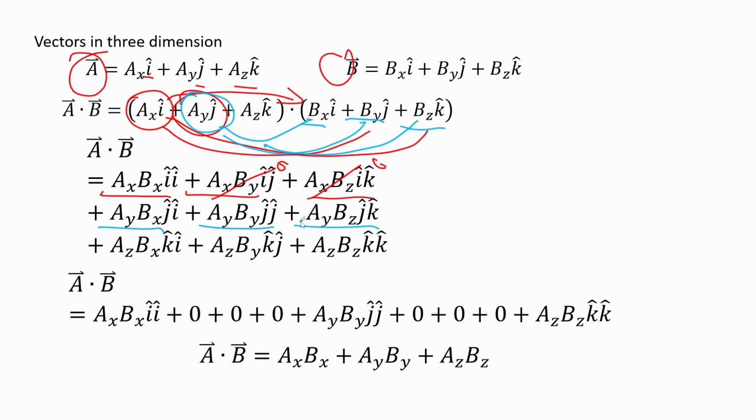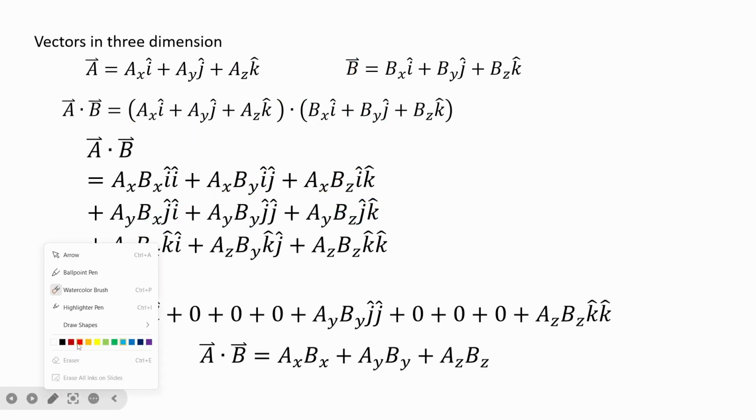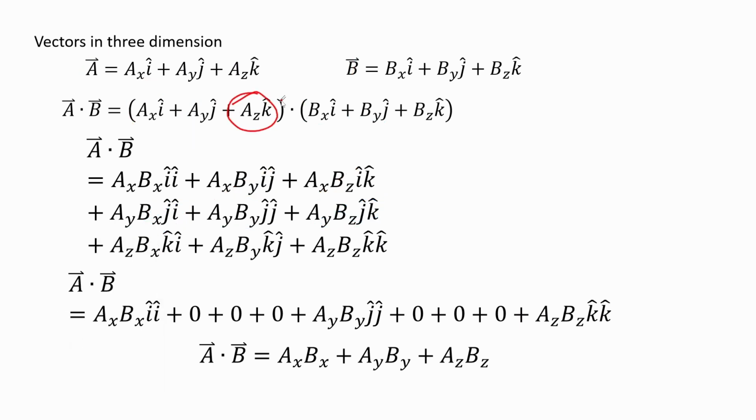Okay. So again, they're different, so this one is 0. This one is also different, 90 degrees. The angle between them is 0. And lastly, the AZ k hat. You multiply it with this one and you get this one, k hat times i hat. Then this one, you get k hat j hat, and lastly this one multiplied by BZ k hat. So this one is 0.